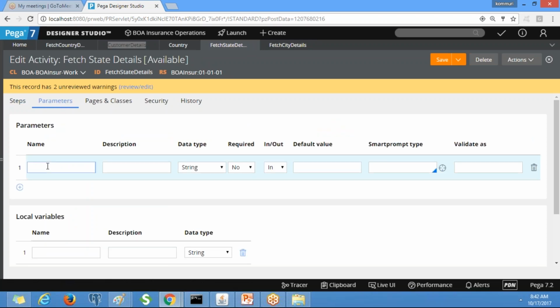Here I am defining a parameter called country code, C code. Otherwise you can put the complete name, country code. The description is not mandatory, so you just mention the country code.